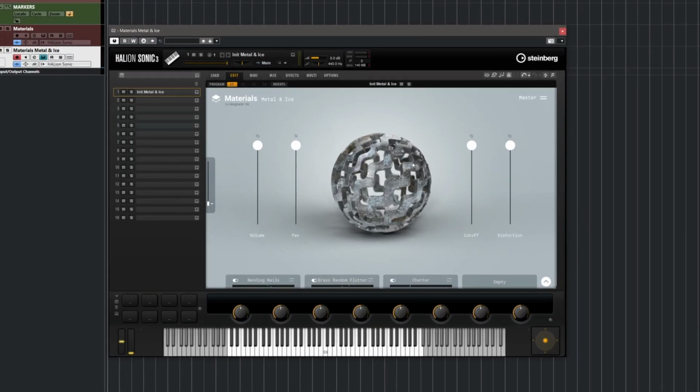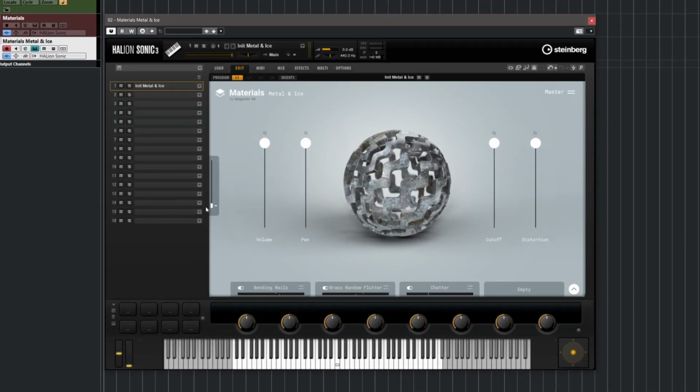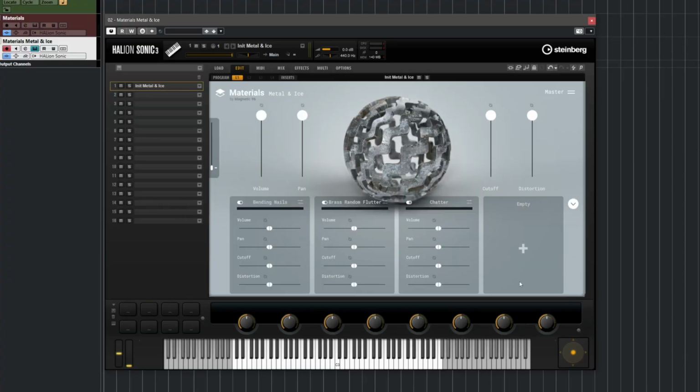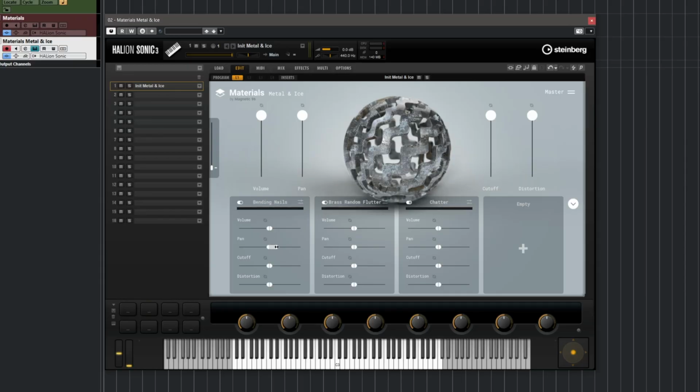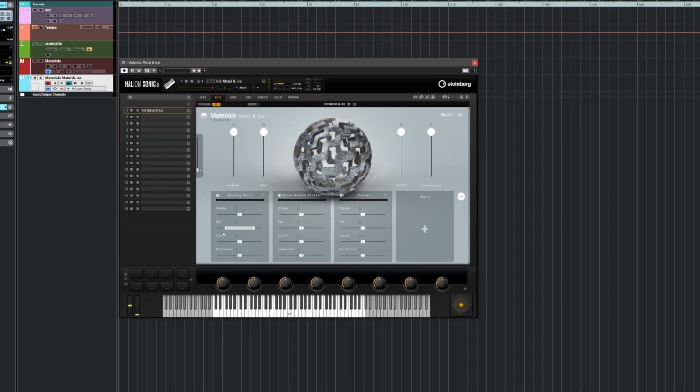So as you can see, we have 4 parameters that we can automate with this slider. Now, in order to determine how much of this parameter is going to modulate each layer, you click on this button here, and here you can set the range where the modulation is going to take place. So let's say I want to create some motion for panning for this synth, this first layer. I can just do this. I can set the range. And now when I move my mod wheel,